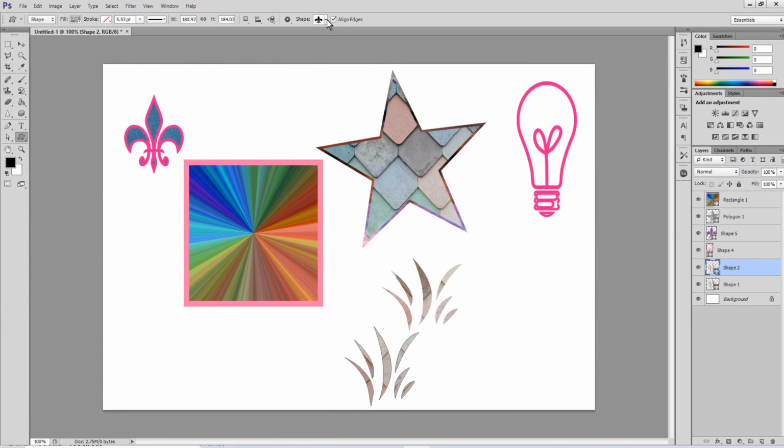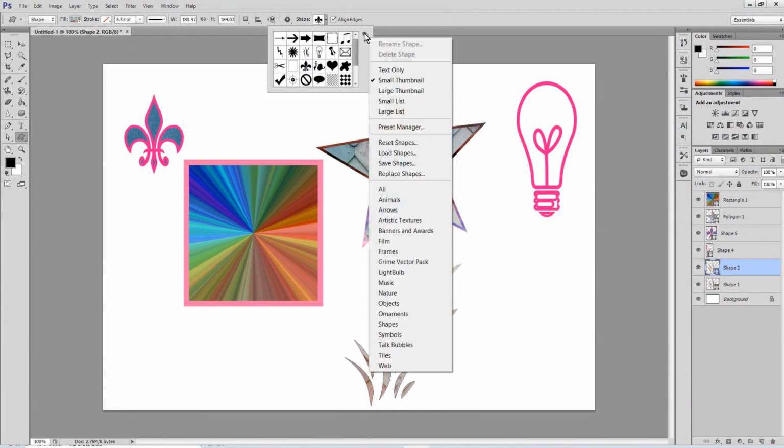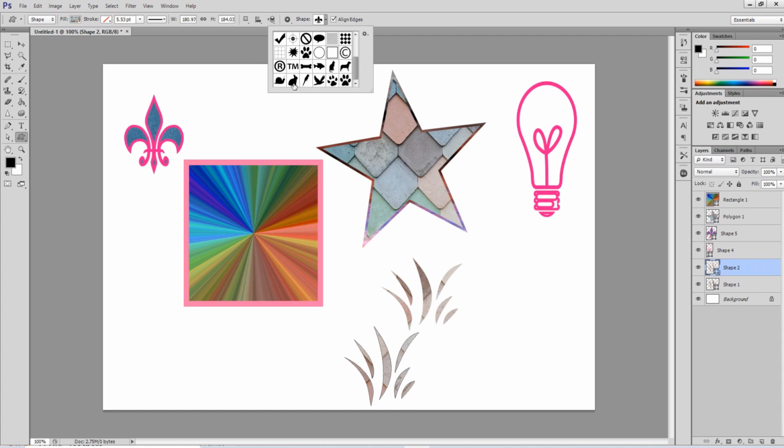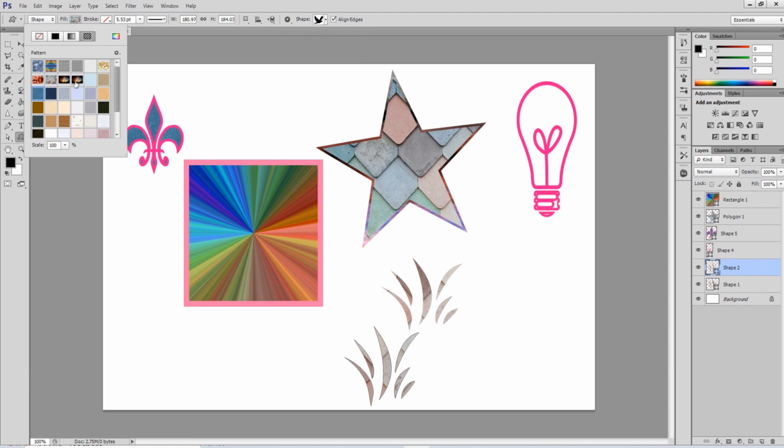Now, when I click on this, I find this settings button here. In this settings option, you can find many other shape categories which you can add, just as you added your patterns. Suppose I'm adding the animal shapes. Click on append. Now added. See, a few shapes have been added. I can select any other shape, choose the fill color,